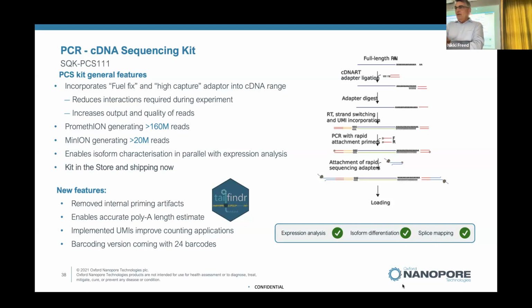A PromethION flow cell, 150 million reads, 10-plex of samples onto a PromethION flow cell will generate between 10 and 15 million reads per sample, all full length. That's pretty deep for a whole transcriptome with all the splice variants in there. And the cost of that will be, I'm ballparking it here, $100 or $200 per sample, which is down where